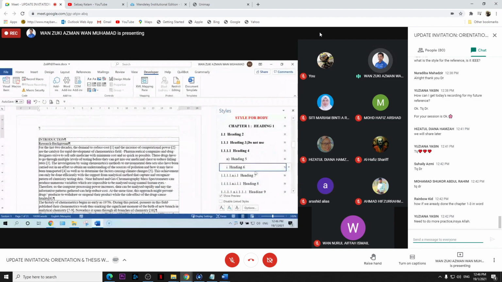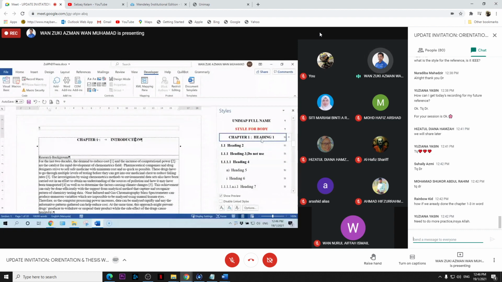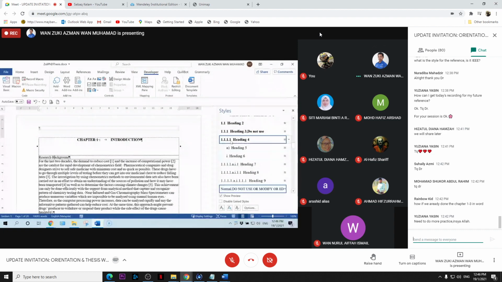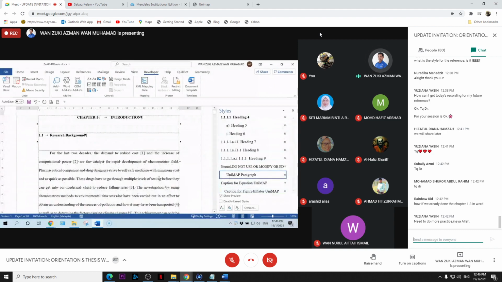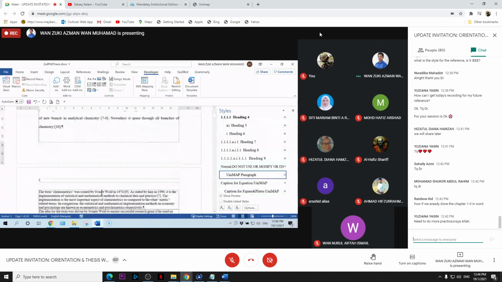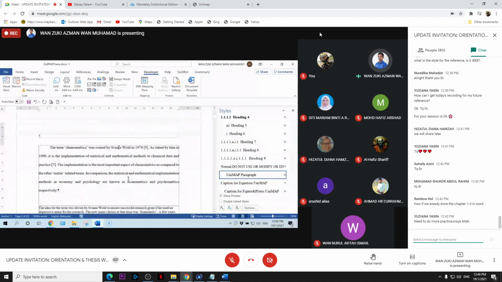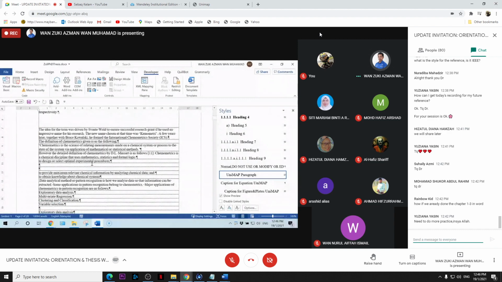When you have attached the template, you put the cursor here and then select the style. This one, Heading 2, and this one you need to make Paragraph. Only you know whether this is a paragraph or Heading 1, Heading 2, Heading 3, Heading 4, because Microsoft Word doesn't know.